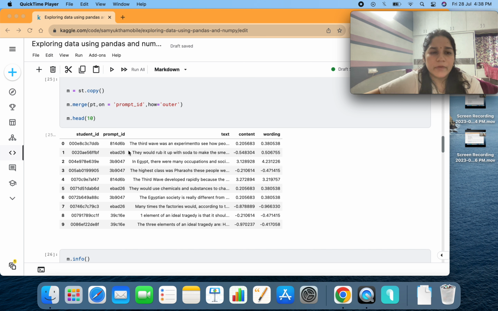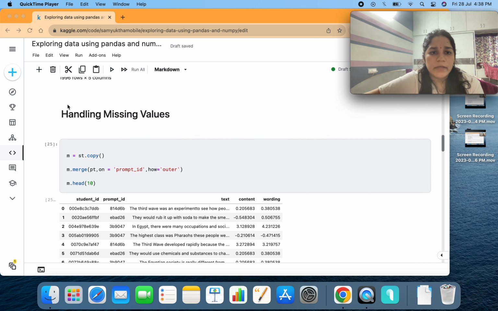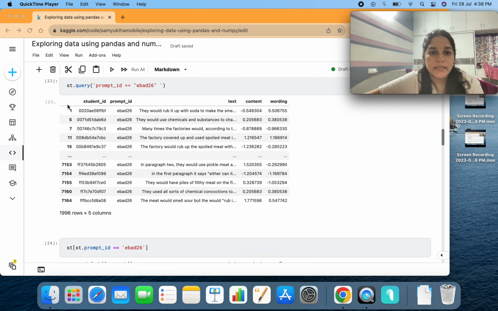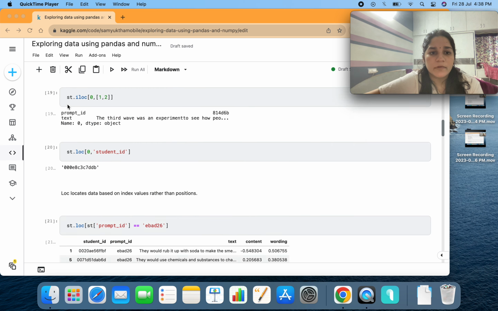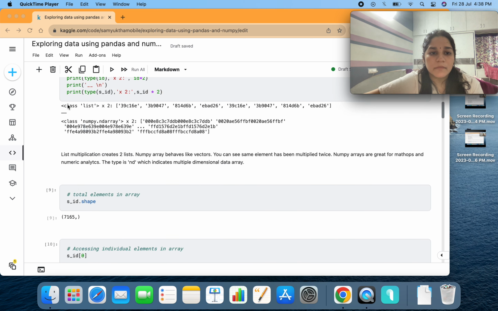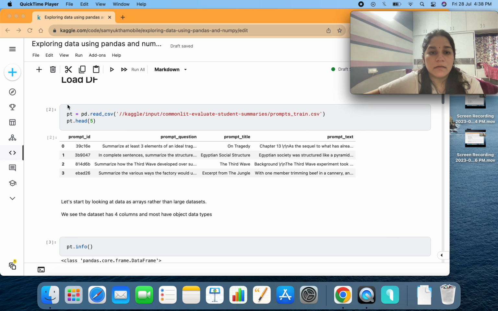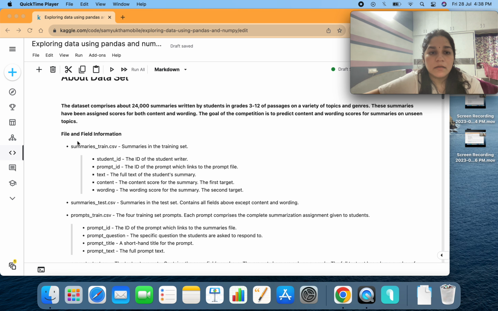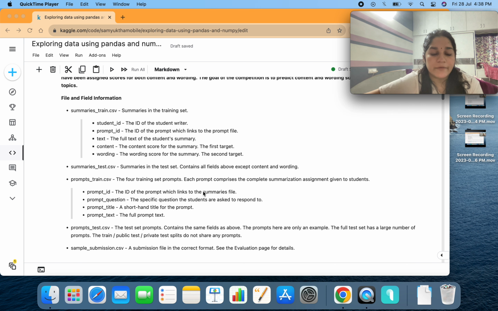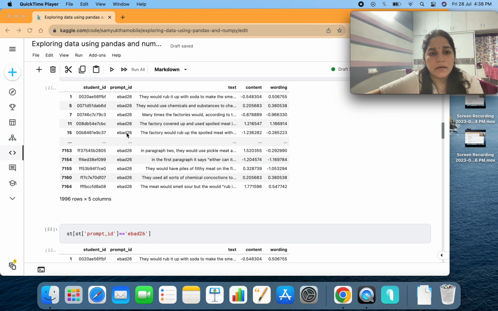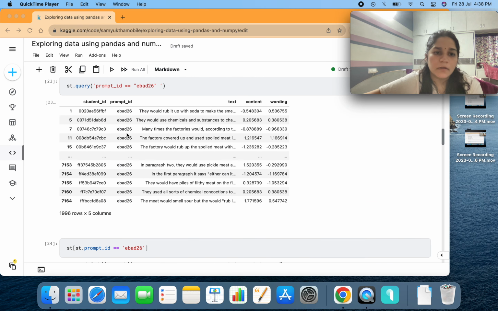So I'm trying to take st.copy. St is basically a summaries data. This kind of data is summaries data and prompts data set. We have two data sets here. So st data set is that one, and you can see